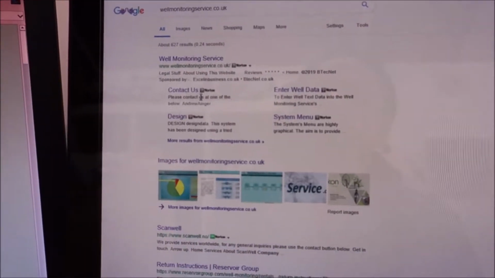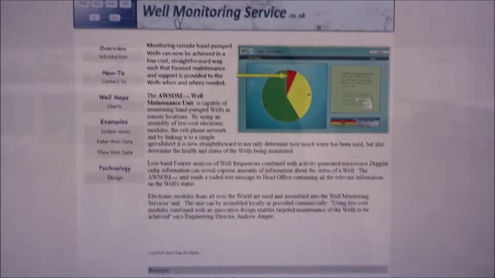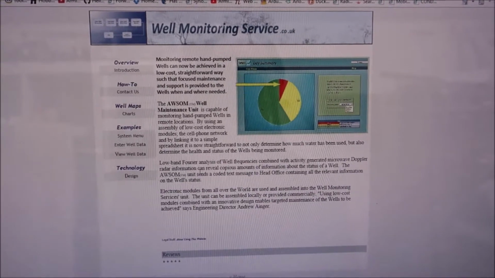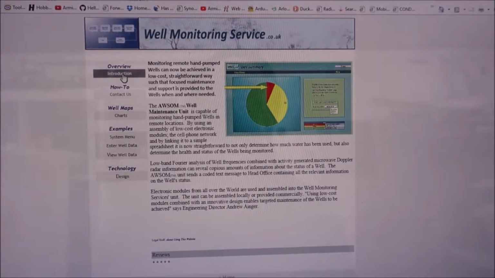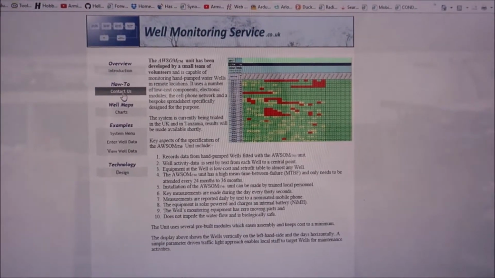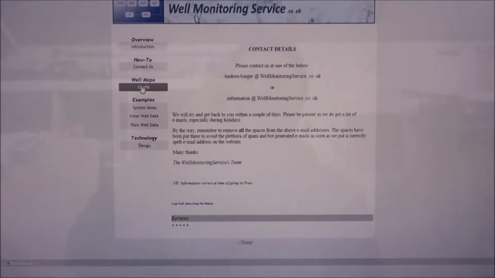monitoringservice.co.uk, and there we go. It's number one in Google, which is fantastic, especially as it's the address. And there we have the basic website. We have an introduction, we have how to contact us, go into charts,